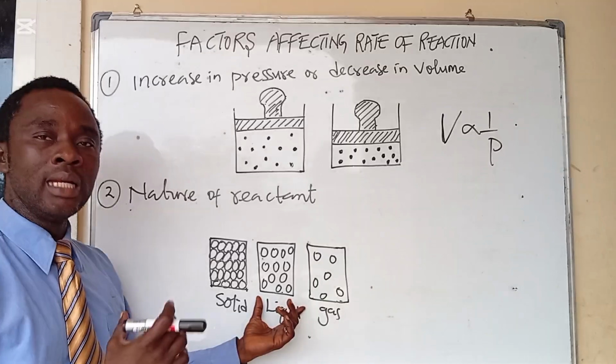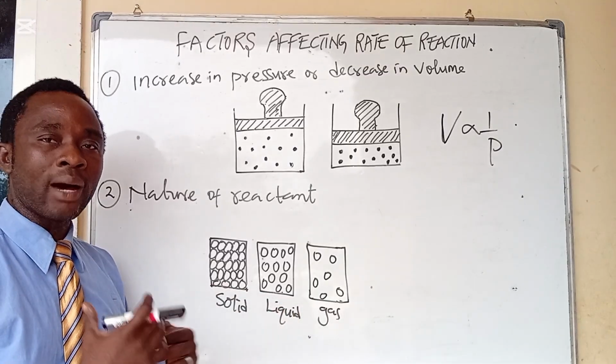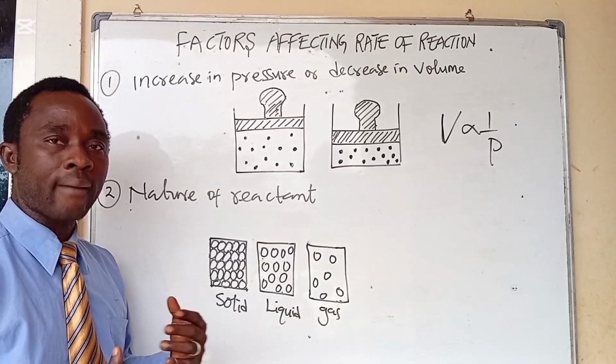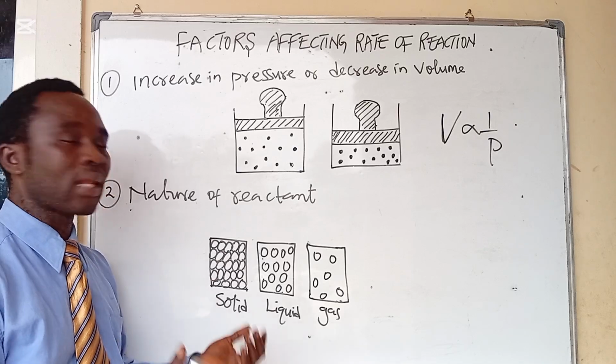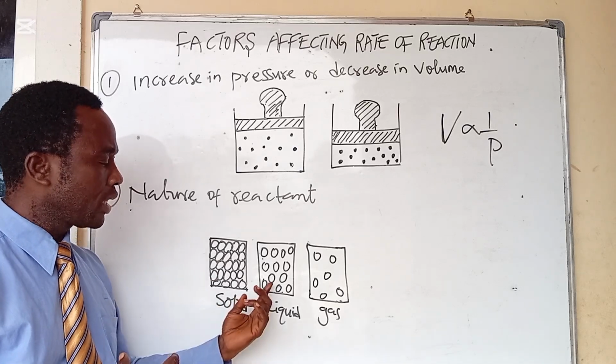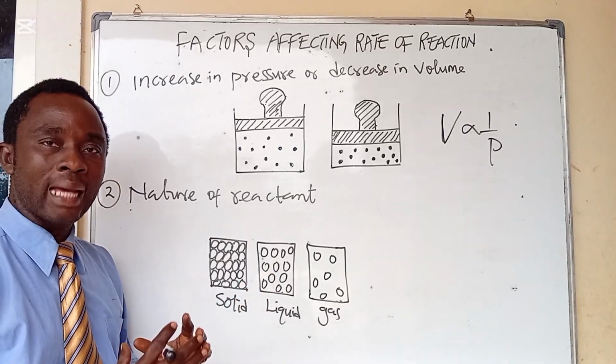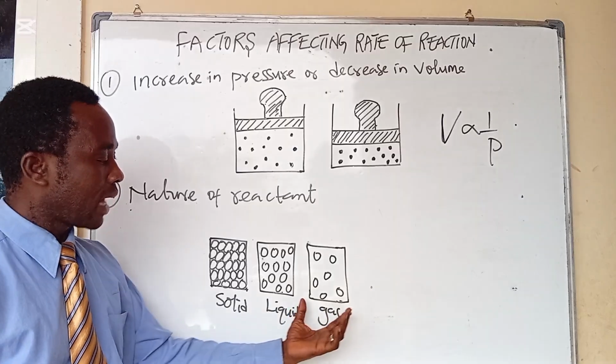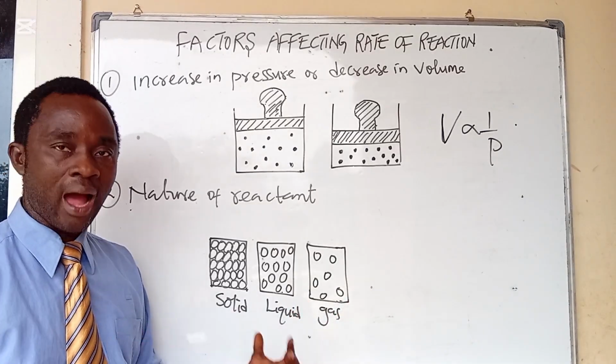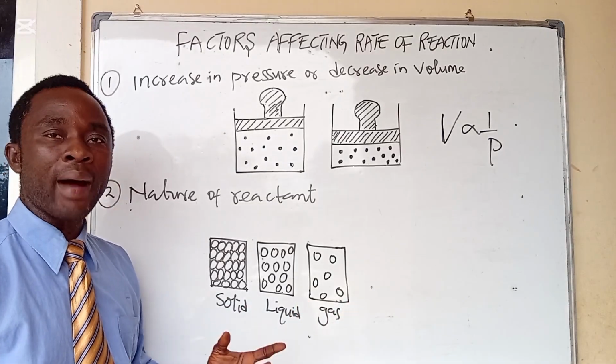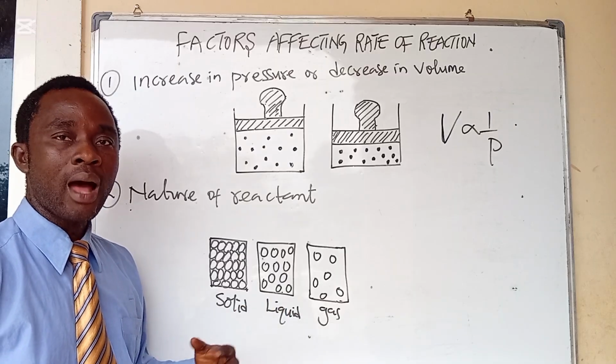That is why liquid particles can undergo vibrational, rotational and translational motion, allowing the particles to collide more with each other. Now the particles of a gas are very far from one another, thereby motion is random, and